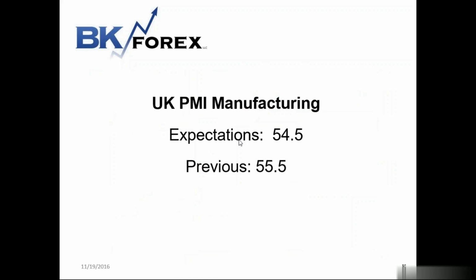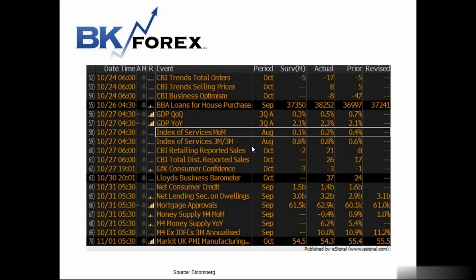Next example is the PMIs. So the PMIs we love to trade as well. And the PMIs are very much tradable, and there's quite a bit of leading indicators for it. UK PMI manufacturing is a number that we love to trade. So UK manufacturing PMI, this specific month, the market was expecting a drop from 55.5 to 54.3. So what do we think? Well, in the cheat sheets that I'll go over with you later, the leading indicator for UK PMI is the CBI Industrial Trends, Total Trends Survey.